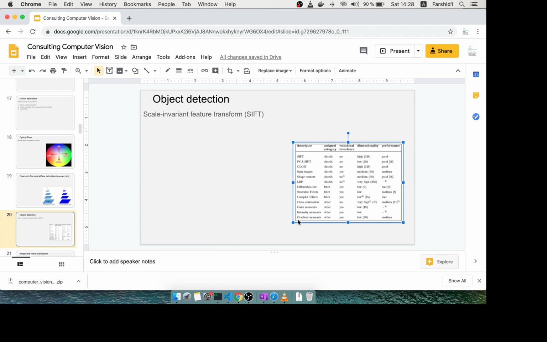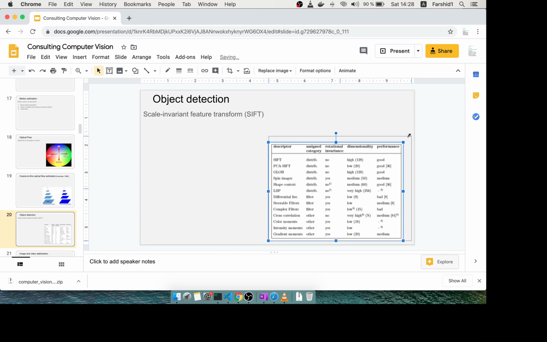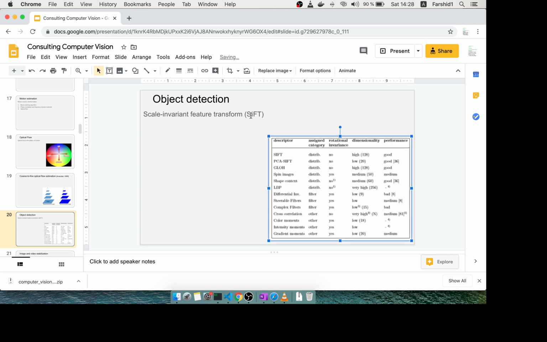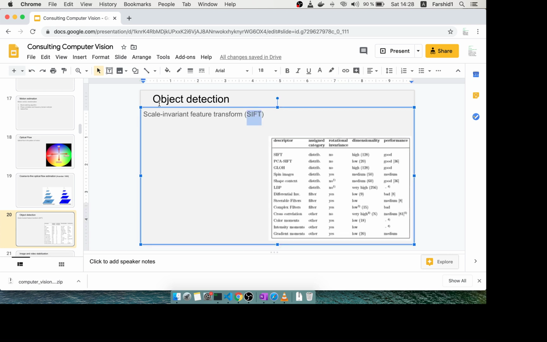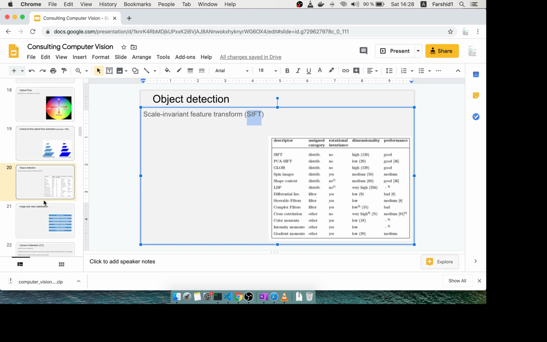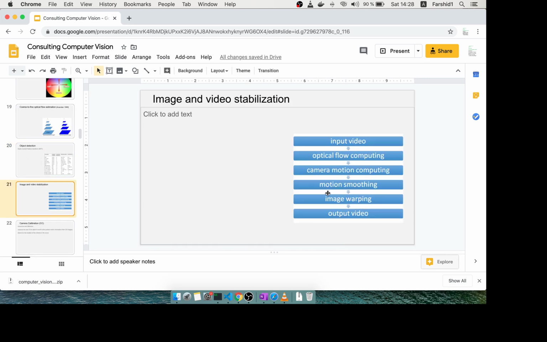comparison of object detection in computer vision, and later on we will discuss object detection in deep learning. SIFT, one of the famous methods in object detection for computer vision. Image and video stabilization,